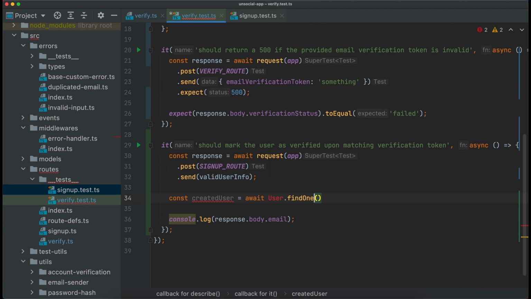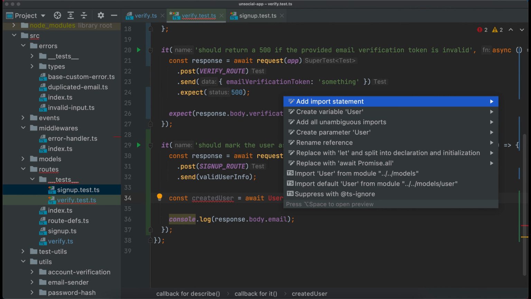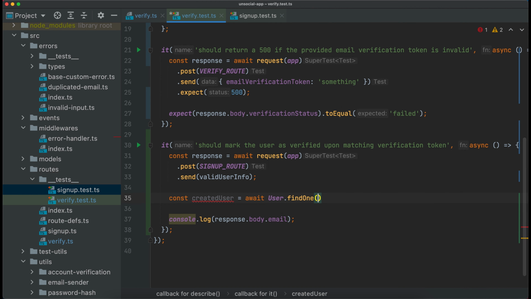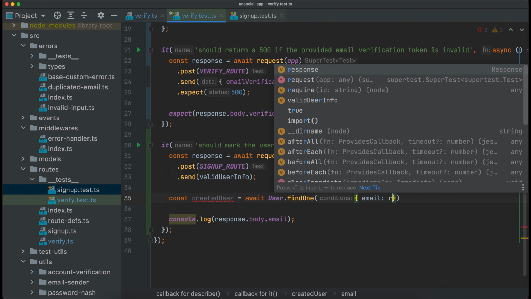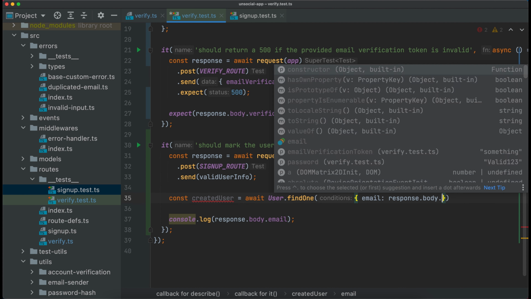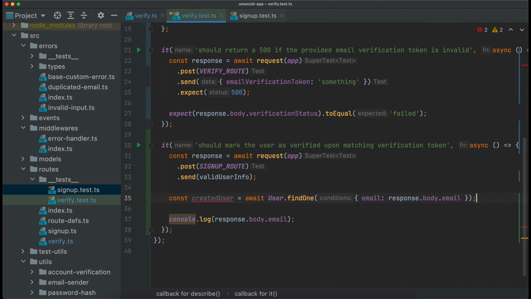And here I will need to import the User model. The findOne is going to receive an email, and this is going to be response.body.email. Here I will have my created user, and this can be null, so I need to simply check